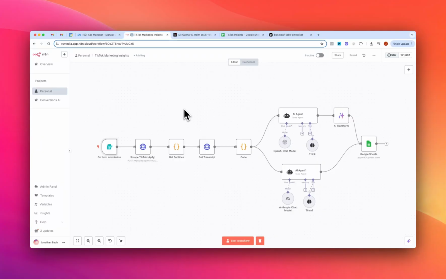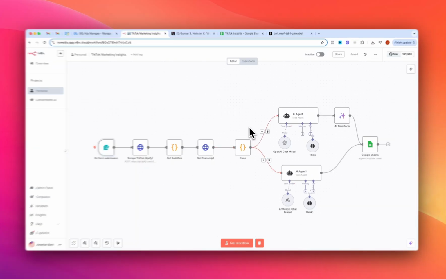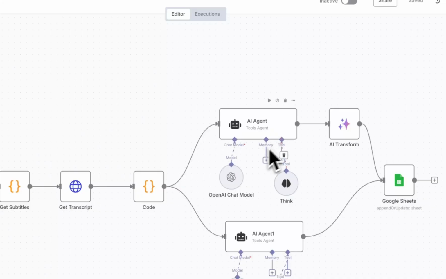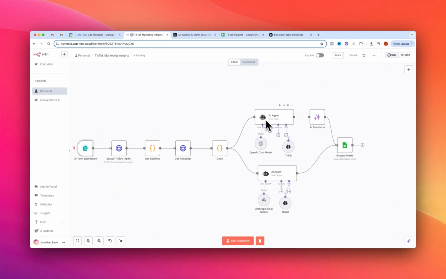So we start with a form submission right here where we add in the keyword and the amount of videos that we want to scrape. Then we scrape TikTok via Apify for videos that have the keyword that we set. We pull out the transcript. We send the transcript to the first AI agent right here, which pulls out the pain points, trigger events, and so on, and sends it again to the second AI agent, which rewrites the pulled transcript for our product and service,